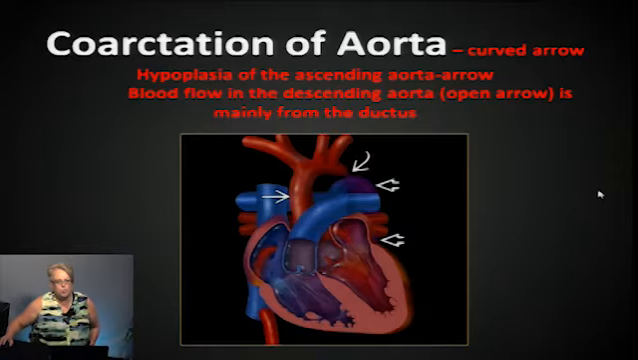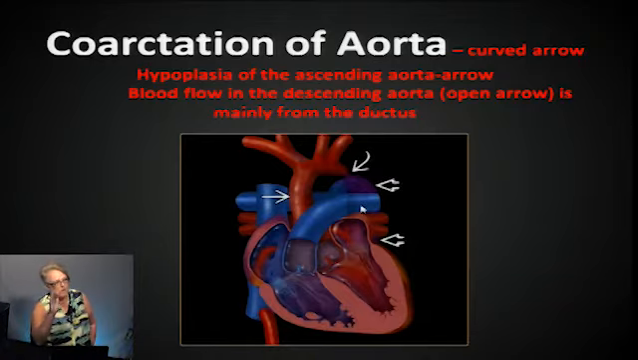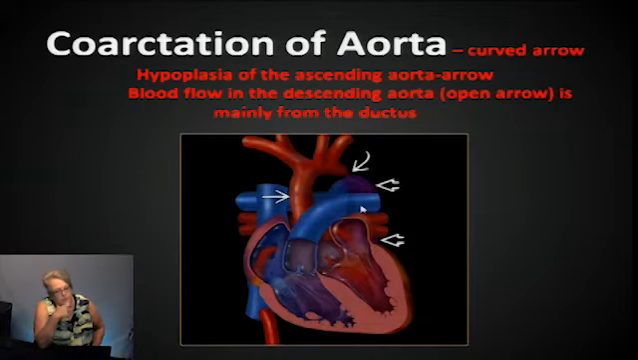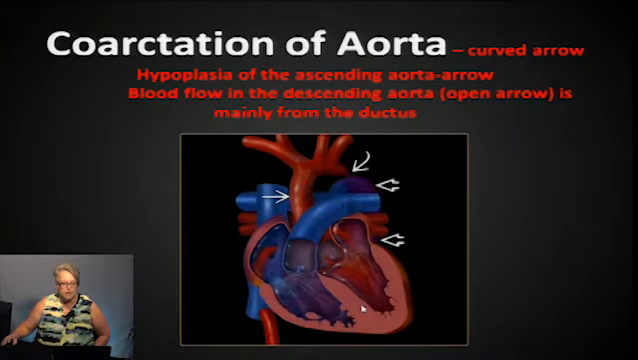Coarct, it's hypoplasia of the ascending aorta. Blood flow in the descending aorta is narrowed, mainly right at the site where that ductus arteriosus dumps into the aorta, right there at the isthmus. That's usually where you see the narrowing. So we've got the aorta coming up and around, we've got our head vessels coming off, and right as that third branch comes off, in this area where the ductus dumps back into the aorta, that's where we get